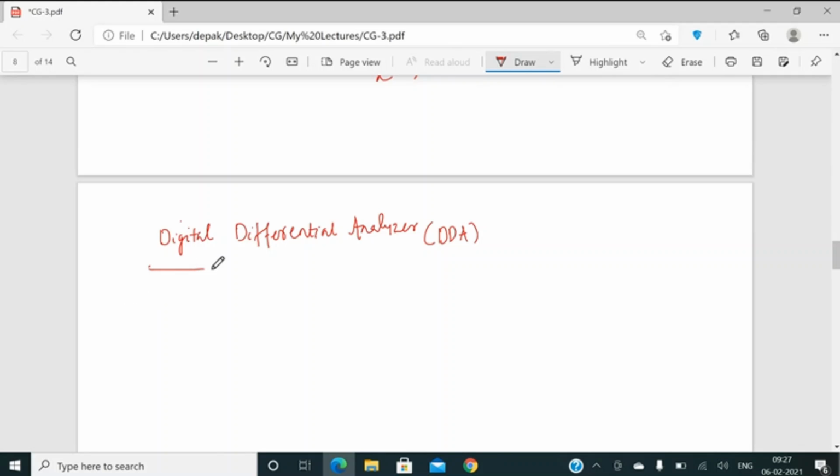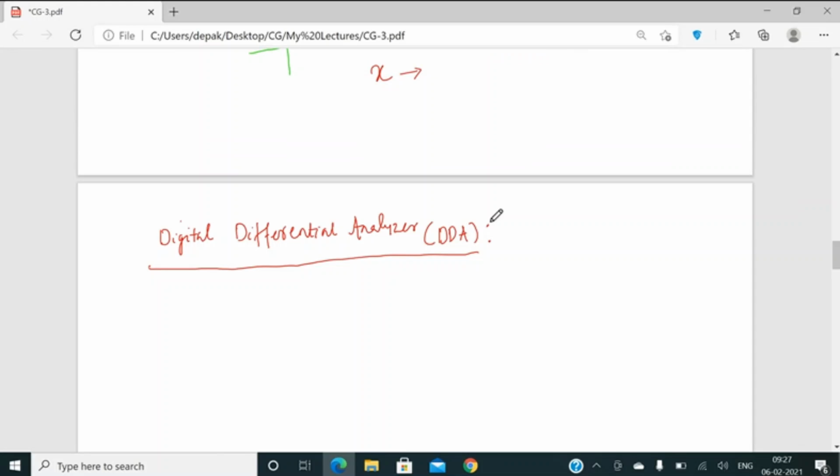Very important. I'm not saying that DDA is the fastest algorithm we have till date. No, not like that. We have just now talked about the limitations of the direct calculation method, and just now we're talking about the DDA, and we'll see how the problems we saw in that earlier method are solved using the DDA method. Okay, and we'll see it. And the name differential is there because it is trying to solve the problem with the help of del x and del y, and that is why the name is differential, right?